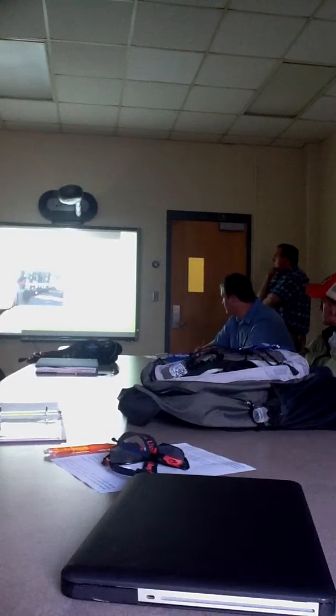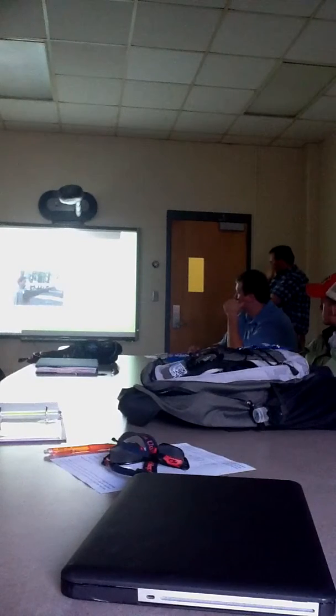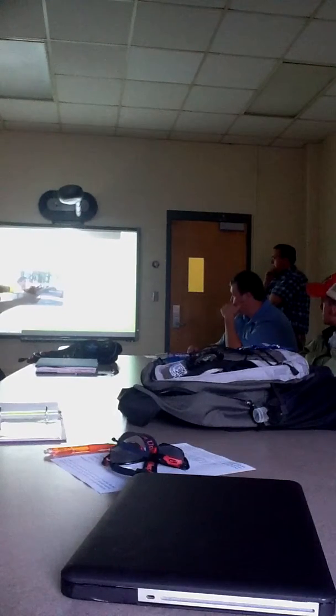This is tree measurement. This right here is a Biltmore stick, and it measures the DBH, which is the diameter at breast height, which is 4.5 feet from the ground. And then you can turn it sideways, and you have to judge the height of the tree, where you step 66 feet from the tree, and you have to judge where there's an 8-inch top, and that's where you cut off the tree, to see how many logs are in the tree. And then they give you a